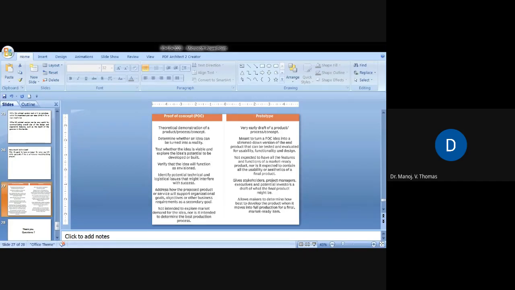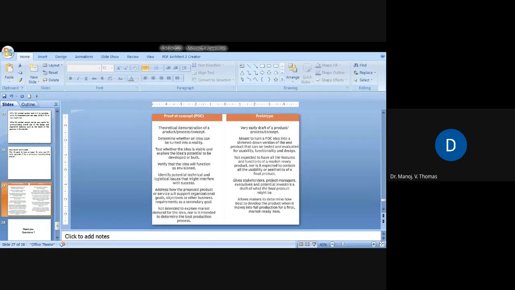Sometimes when we have startups, nowadays many people are turning into entrepreneurs. They have innovative ideas, so they all require this proof of concept because they should verify their idea before they actually set out. Or, in order to get funding, it might require some initial investment, say 10 lakhs or 15 lakhs. There will be funding agencies, but they will not give money to everyone who approaches them. So they need to have the proof of concept tested.